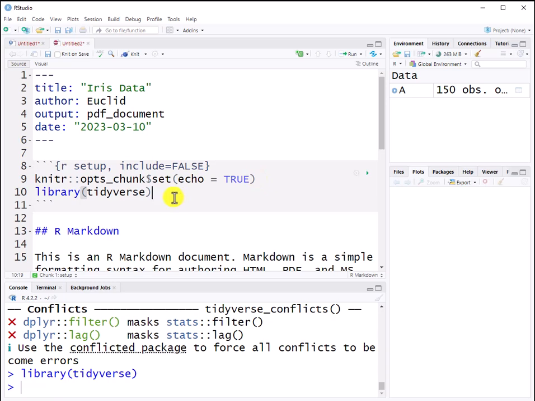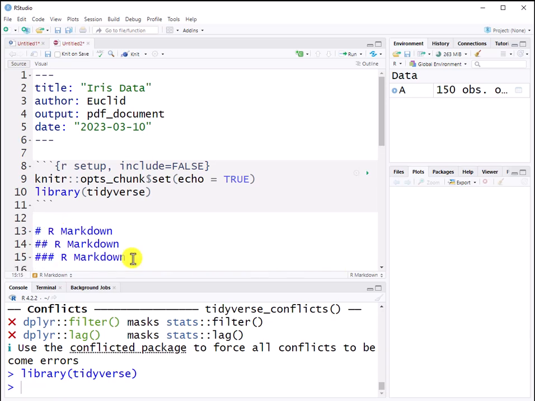Okay, let's move on from our first chunk and go down to our first heading. Our first heading reads R Markdown. Notice that there are 2 number signs in front of the words R Markdown. This is what indicates to R that we have a heading, and I believe there are 3 different heading sizes. And if you want to get an idea of what the different sizes look like, what we can do is